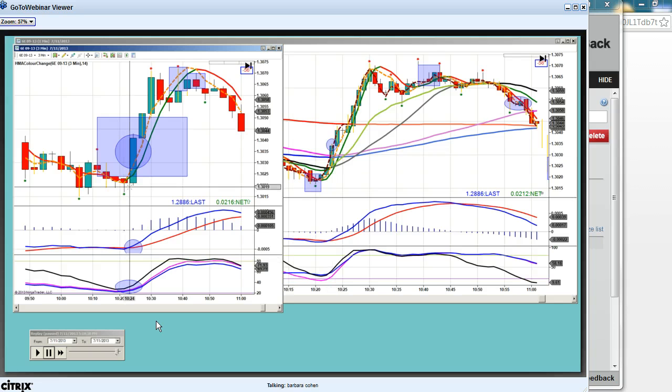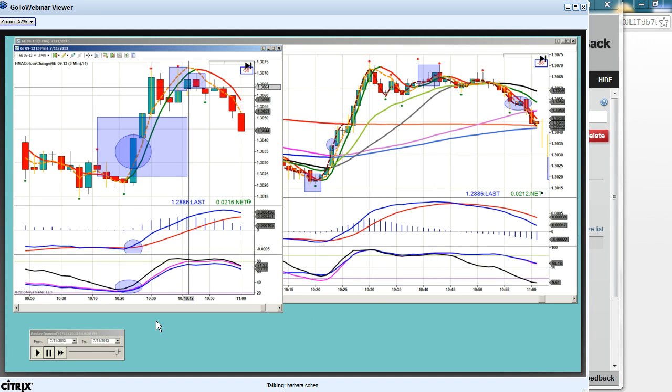So you're using them together. You're using the 3 minute to confirm that your 1 minute is really a good one versus a not so good one. You see here, by this trade here at 1040, this is where you get HFT. Do you think you got an opportunity to start a new trend? Your HMA is green, candles touching. At 1042, you go here and you look at your 3 minute chart.